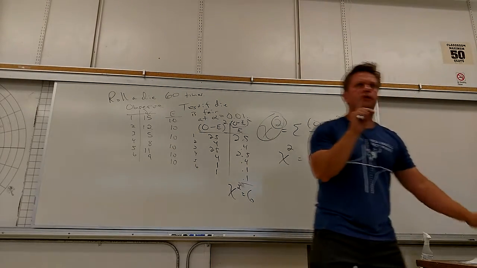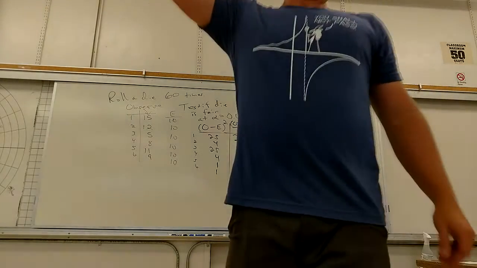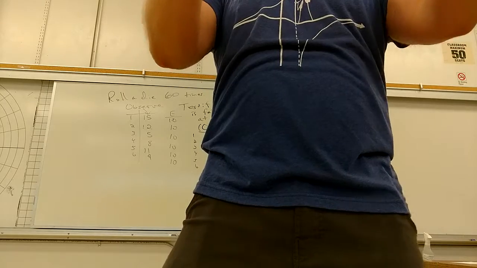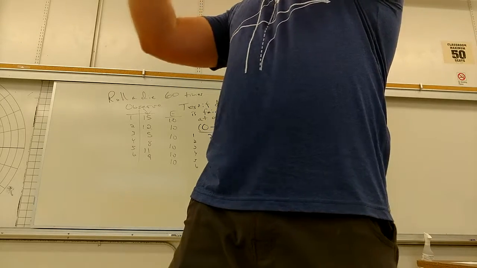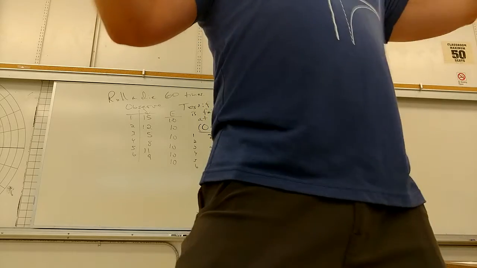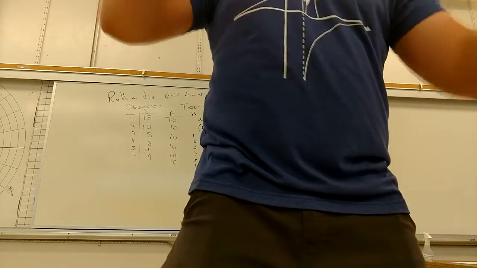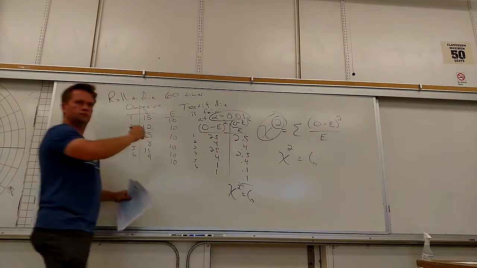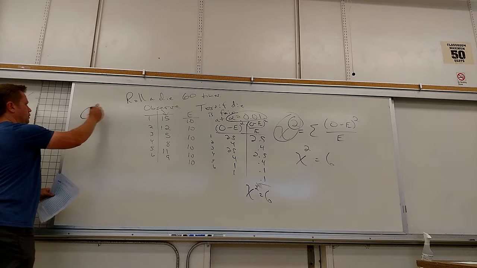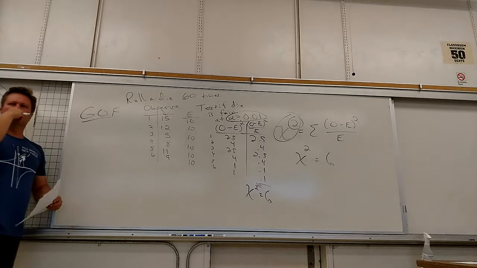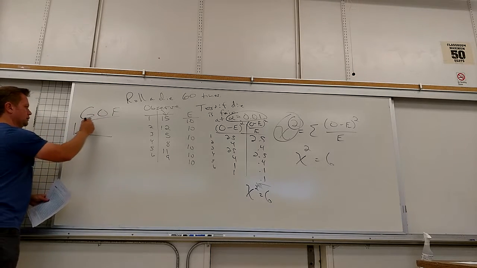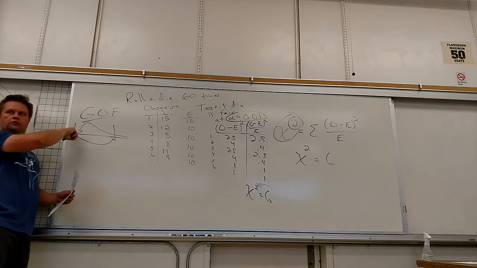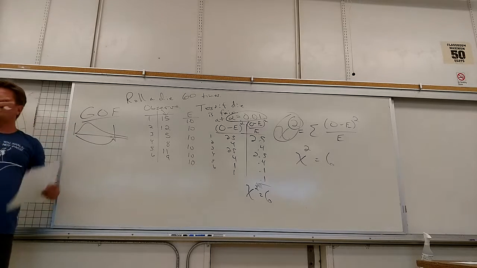The really sucky thing about this chart, besides the fact that it exists and I have to tell you about it, is that this is all about the area to the right, whereas the z chart was all about the area to the left. So you just got to let go of that. When you do this kind of test, and I'm doing alpha 0.01, a goodness of fit test is always going to be a one-tailed test up here. It's really asking, am I far enough away from 0 to say that there does seem to be some difference?